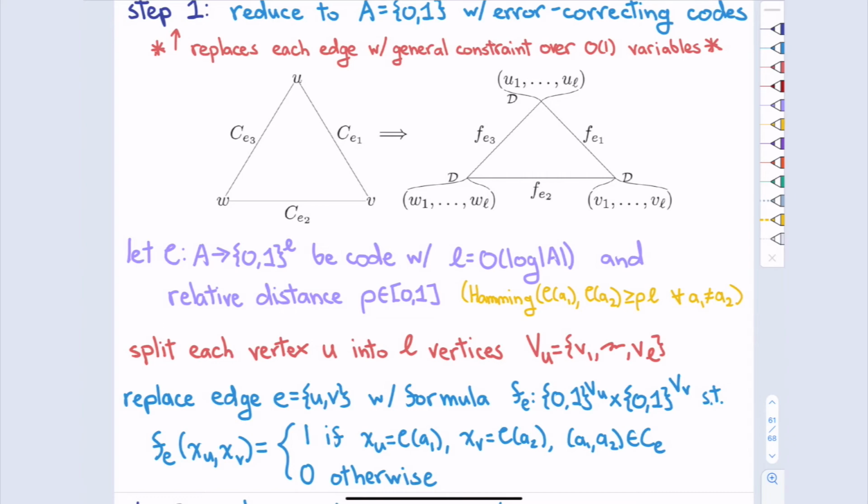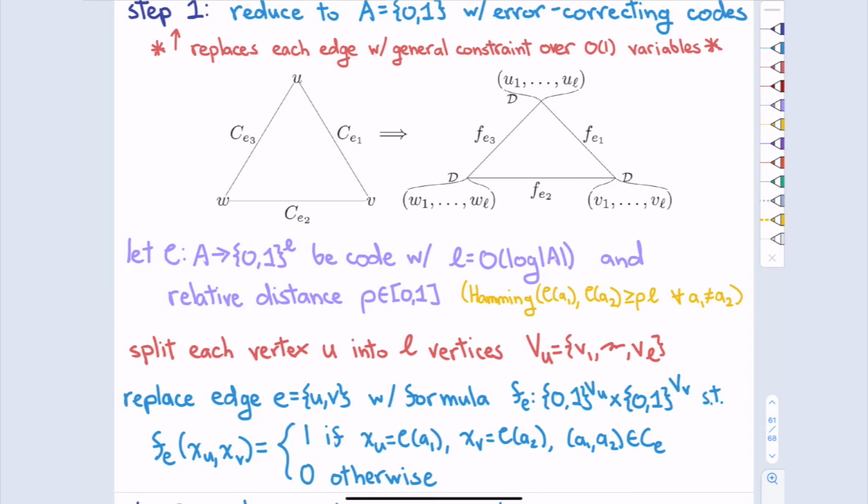So we're using error correcting codes to take a medium-sized alphabet to just bits. The good thing is that there are only 2 letters right now. The bad thing is I don't have a graph CSP anymore. I have some formula that's roughly decoding, or going through the error correcting code, along the way.